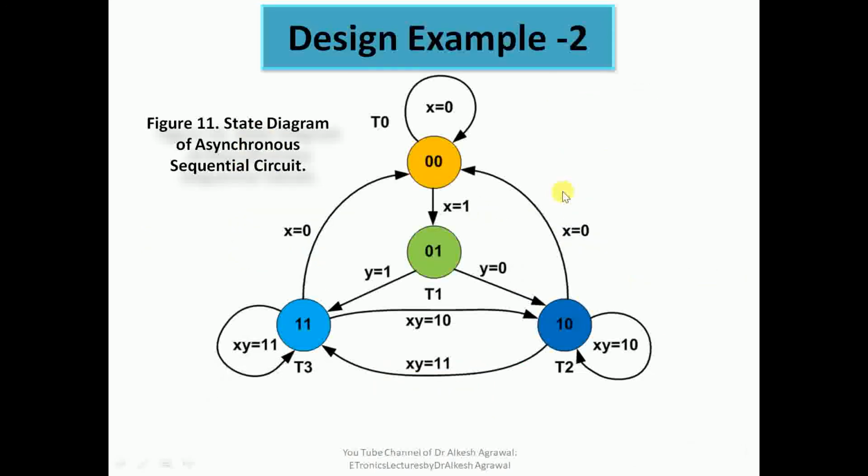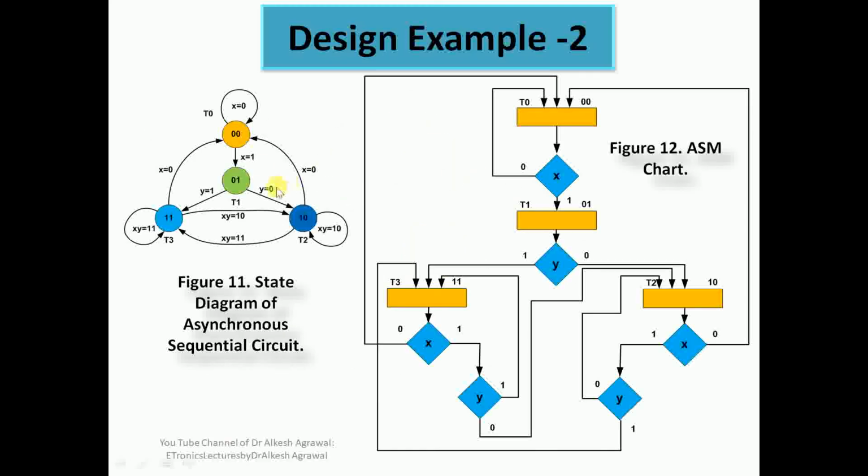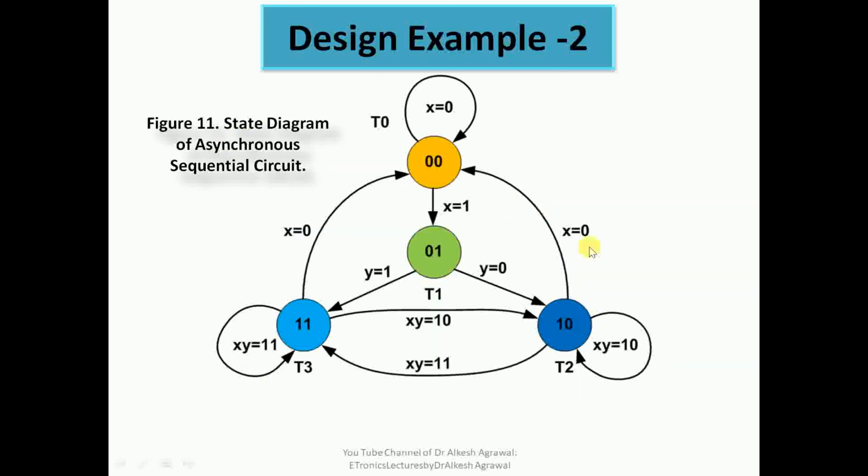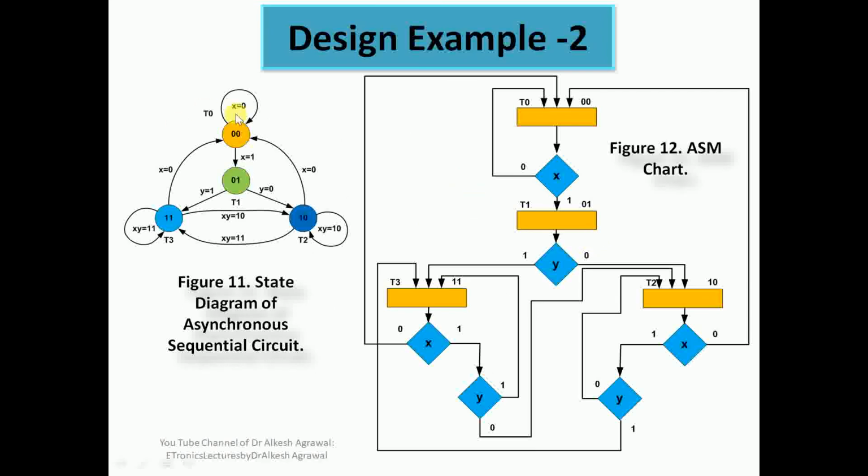Now let us take another complex example. Again, we have another state diagram. So we can see over here the same diagram. This diagram looks somewhat bigger. Here we have 4 states: T0, T1, T2 and T3. What is shown over here is the ASM machine, started with state T0 with binary depiction 0 0.